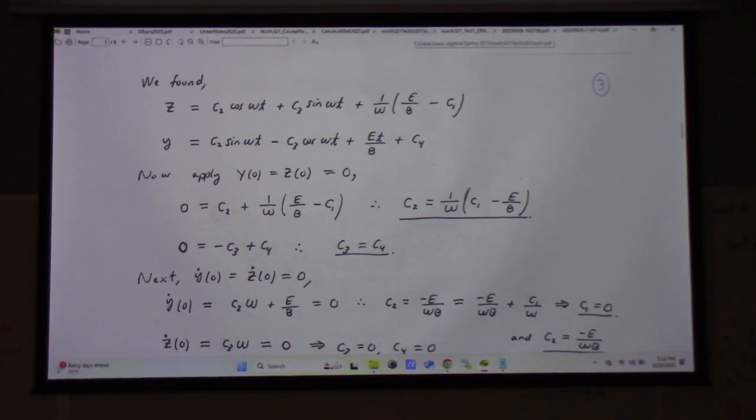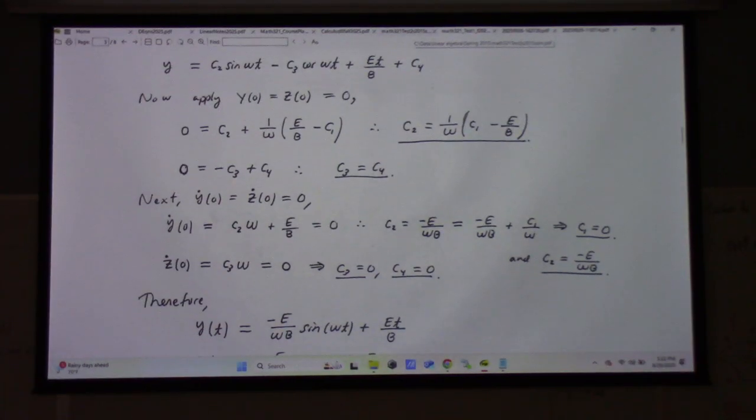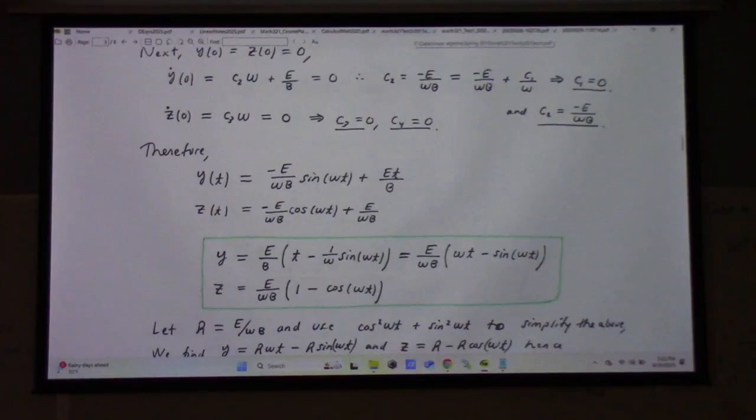I just apply the initial conditions, which isn't especially interesting, but after a bit of algebra, it's really not bad, truthfully. You find your way to this particular set of solutions. Y is equal to that, z is equal to that, which